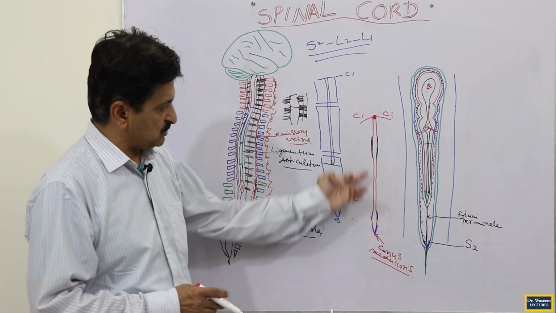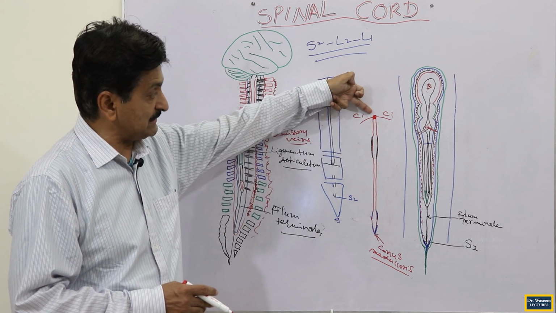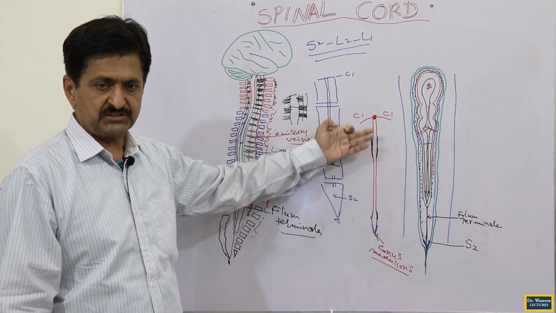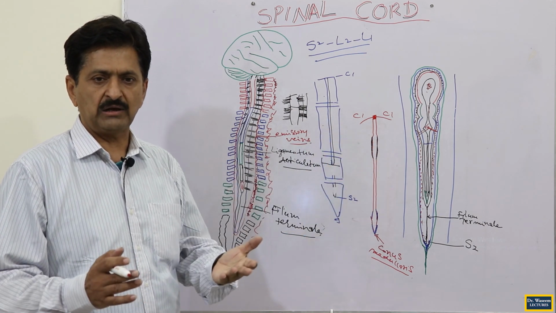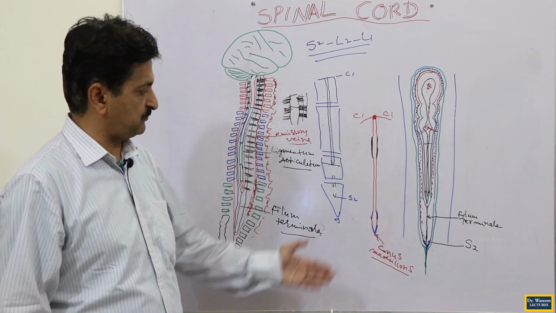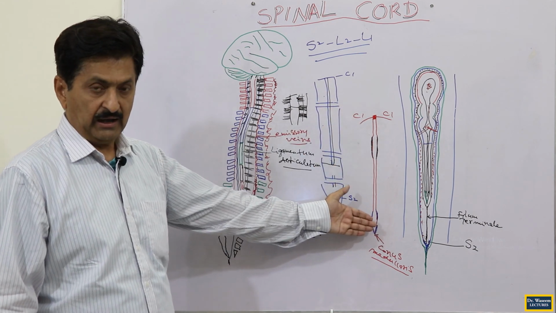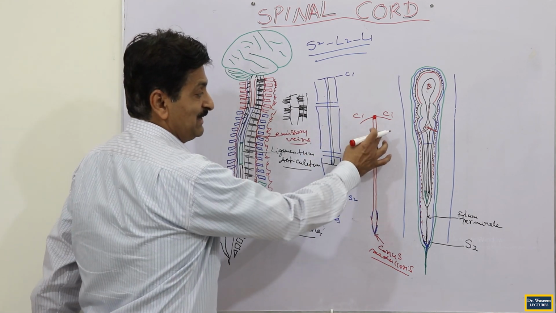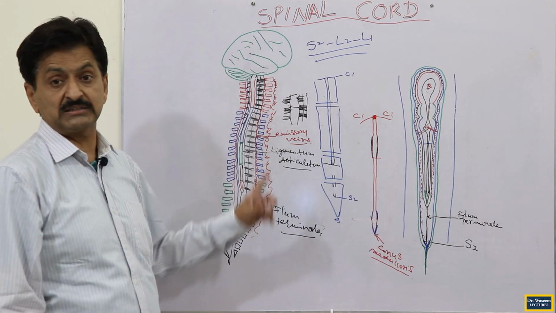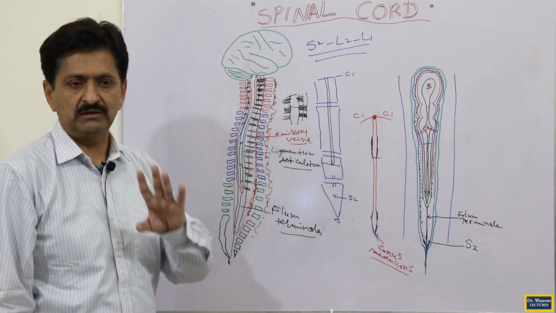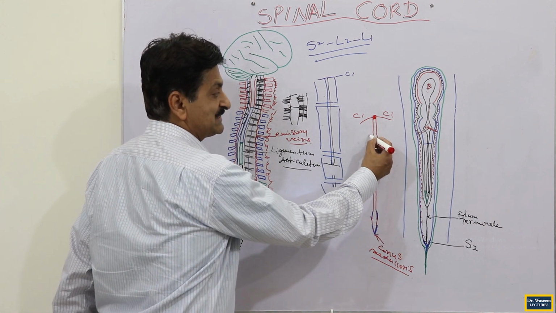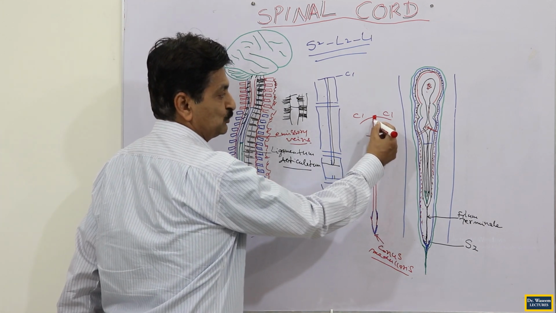And how many segments are there from the spinomedullary junction up to the conus medullaris? Obviously 31. Each segment offers attachment to a pair of spinal nerves, so 31 pairs of spinal nerves are attached to the spinal cord. When discussing this, you can say we have 8 cervical segments. We have 7 cervical vertebrae, but we have 8 cervical segments, 8 cervical nerves. And out of these 8 cervical nerves, 4 cervical nerves, meaning 4 segments,